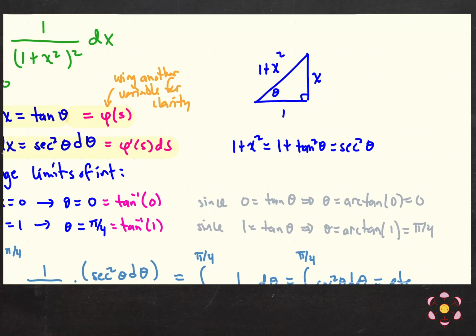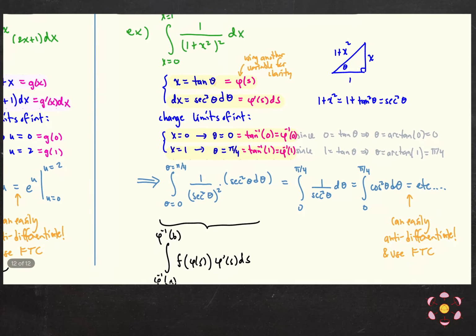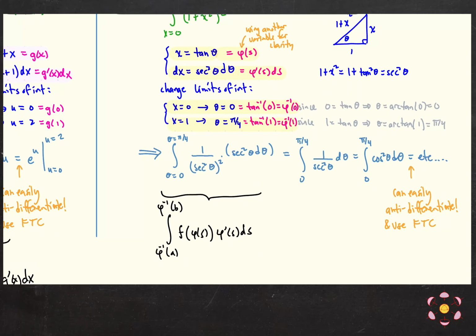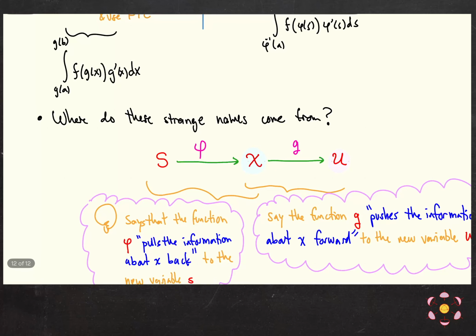Okay, so this is why we need those technical requirements, right? Where we say it's 1-to-1 and onto, so that this is possible. Okay, so because I'm using these inverse mappings, this is where it gets its name of a pullback, right? I'm pulling back information on x via this function phi backwards to the s variable. Okay, so eventually we do change the integrals into the new variables, but the new variables are now s, and conceptually, because we're going to be using phi inverse, we are essentially going backwards in this arrow. And for that reason, we think of phi pulling back the information about x into the new variable